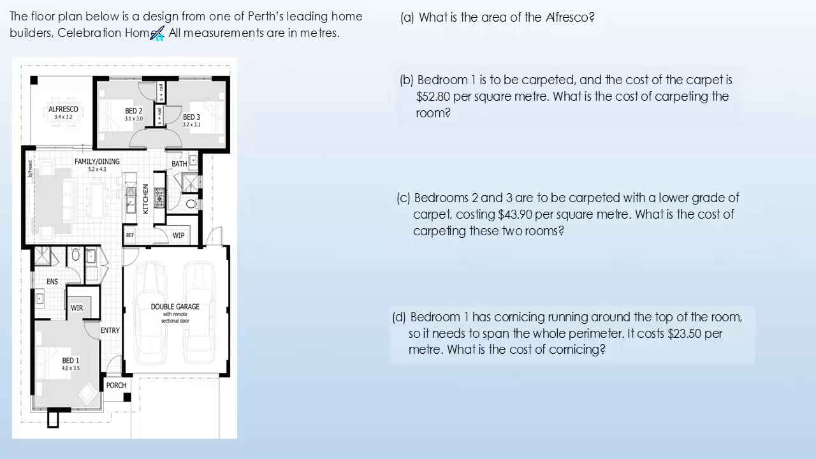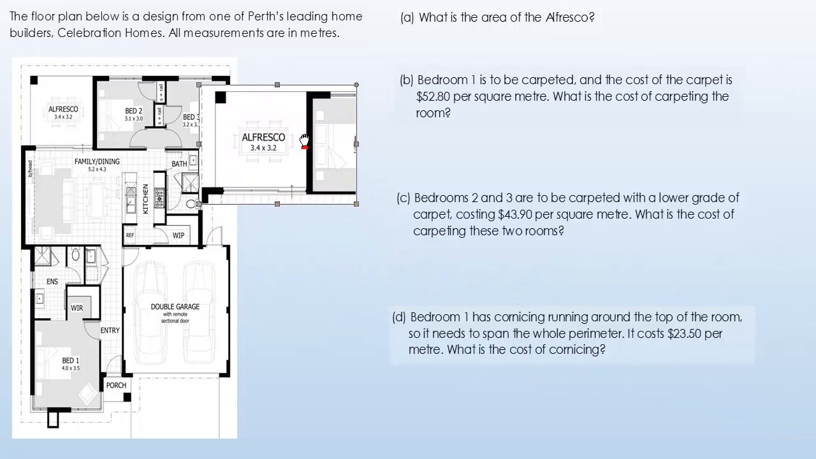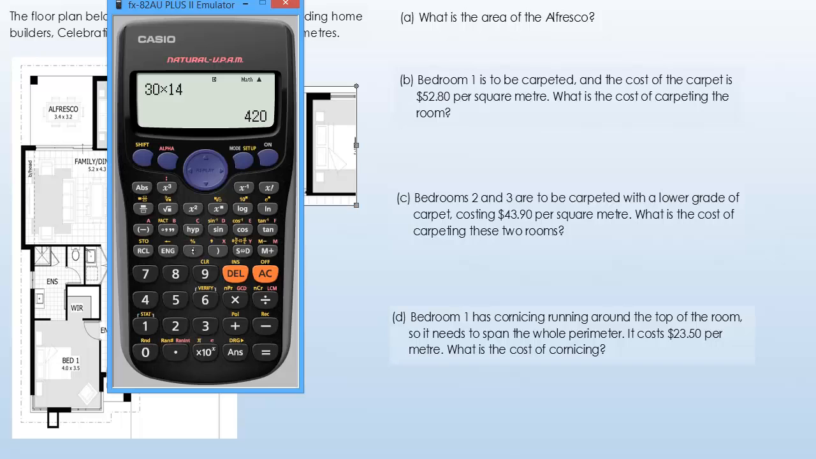The floor plan below is a design from one of Perth's leading home builders, Celebration Homes. All measurements are in meters. What is the area of the alfresco? Well, just in case you can't see it on this small diagram, I've got a slightly increased version. So it's 3.4 meters by 3.2 meters. And we can see it's a rectangle, so